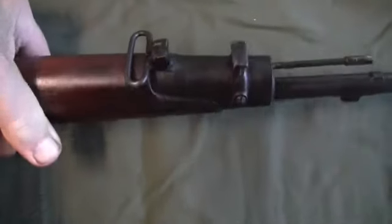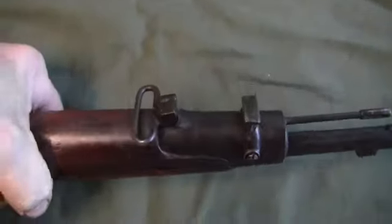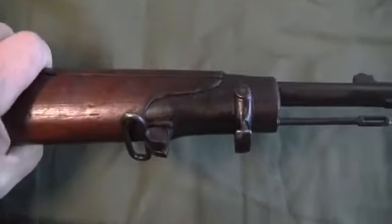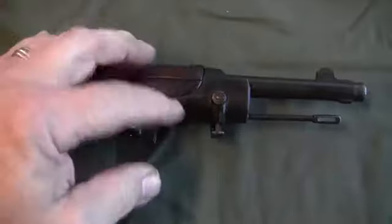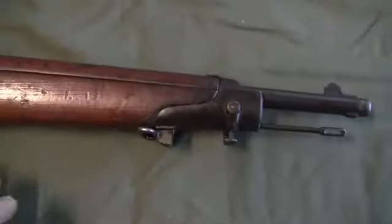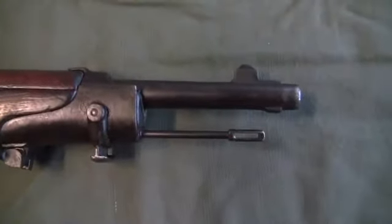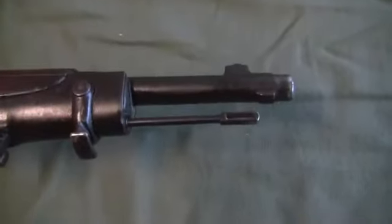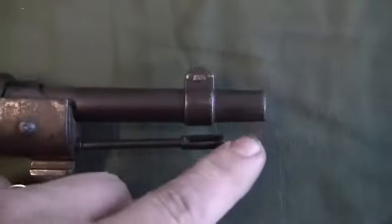And your bayonet lug, like I said, as you can see, it's this odd thing that twists around the bayonet, twists onto that. So it would come and then lock down sideways onto that. Also, on this barrel, there's this little tab here on the barrel itself, and that's right into the barrel. That has something to do with steadying or attaching to the bayonet,